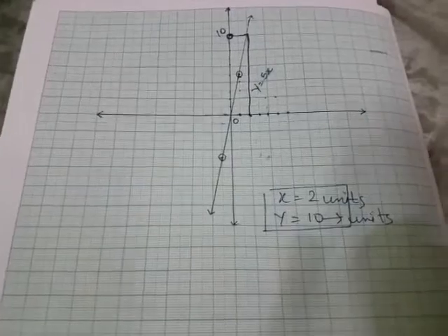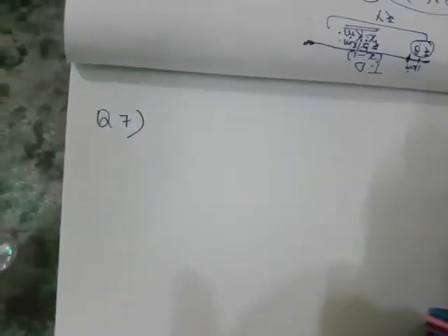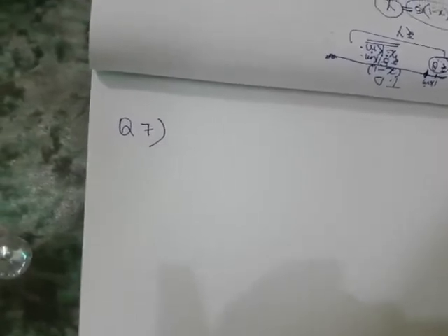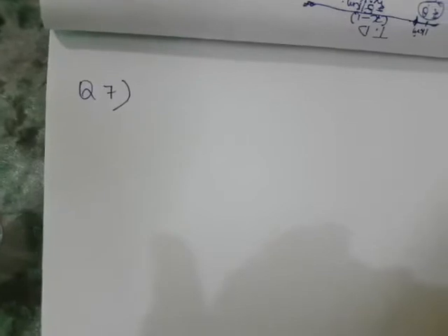Now let's move forward to the next question. Students, next question is Yamini and Fatima, two students of class 9th of a school, together contributed ₹100 towards the Prime Minister's Relief Fund to help the earthquake victims. Write a linear equation. I think this is very easy, because everything they have given, even they have given hint also that their contribution has to be taken as x and y.